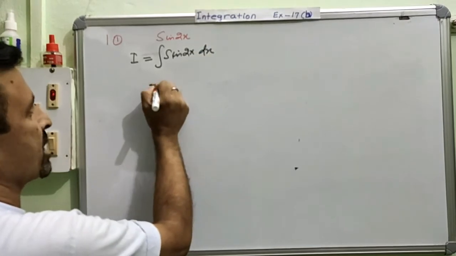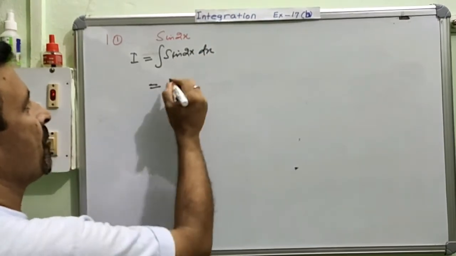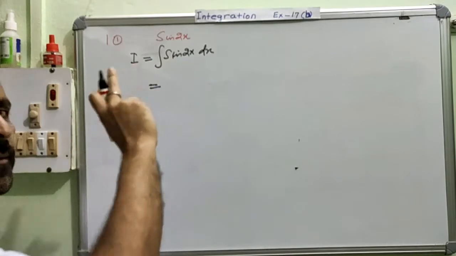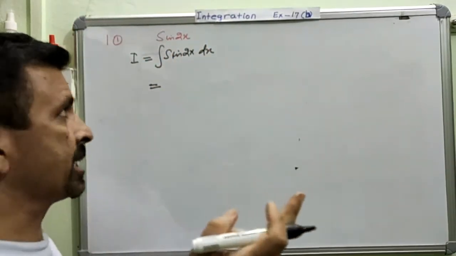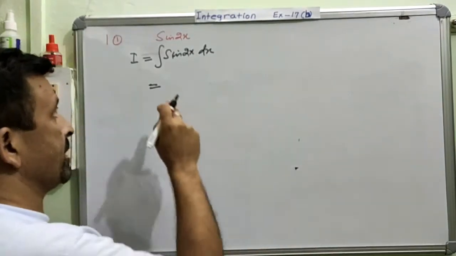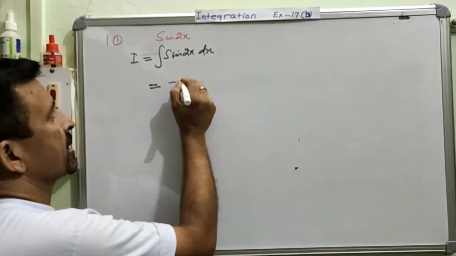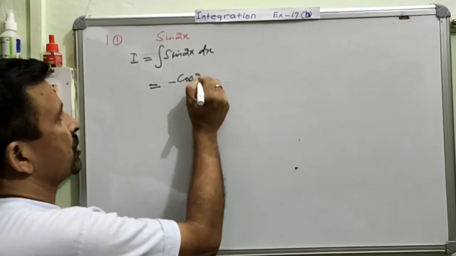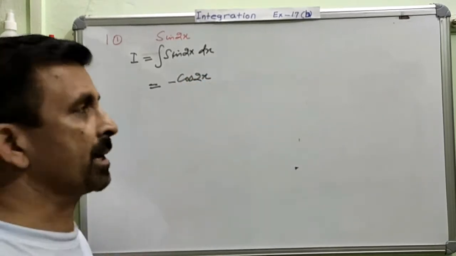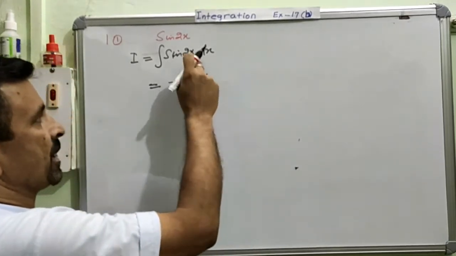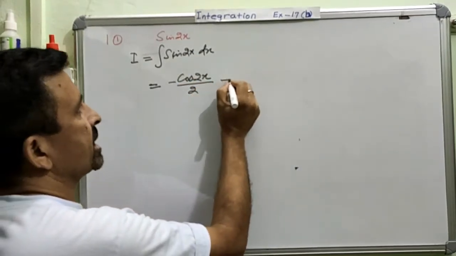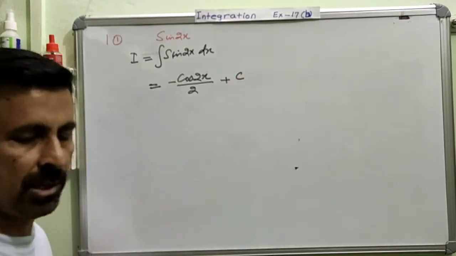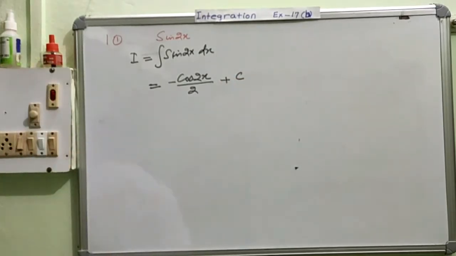Okay. Now we are going to start. So integration of sine will be, this is the derivative of cos, right? This is the derivative of cos. So its answer will be negative. Integration will be negative. This is minus cos 2x. Am I clear? Now we are going to find the integration of this part. So this will be 2. Okay? And this is plus c. That's all. This is a single step answer. Am I very clear or not?